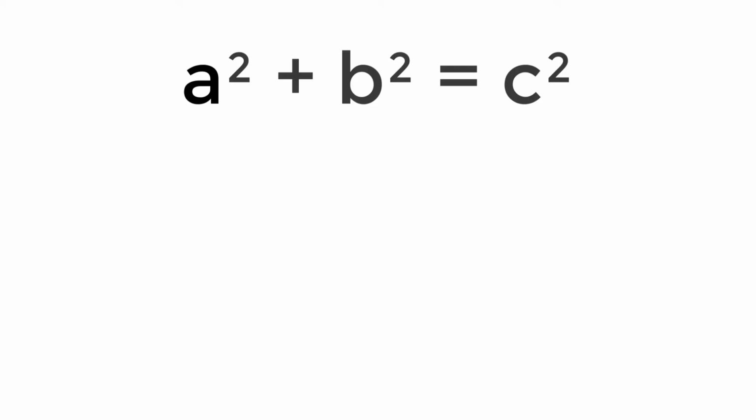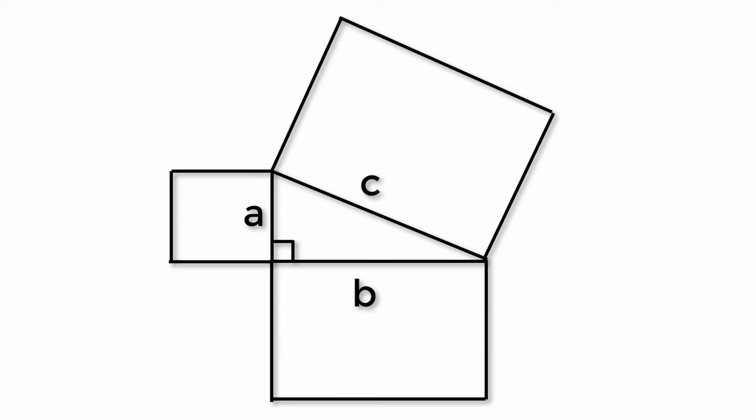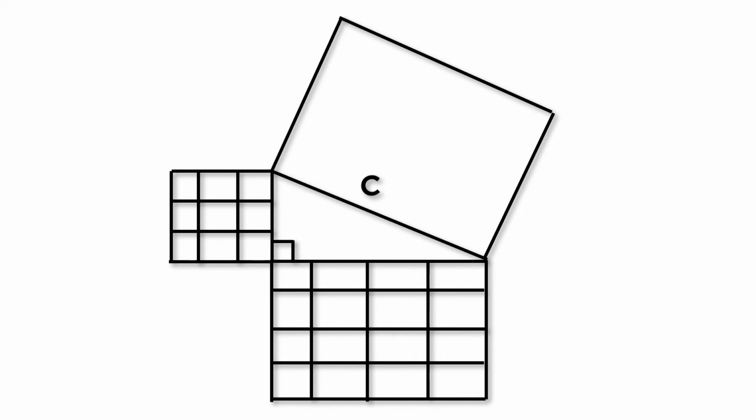Now let's do a visual geometric proof. When we do this equation, it's as if there's a square by each side of the triangle. By the side that equals 3, we have a 3 by 3 square. A 3 by 3 square means that we have an area of 9. We can represent this area as boxes on a grid. By the side that equals 4, we have a 4 by 4 square and 16 boxes. So we add them together, and again, that's 25.